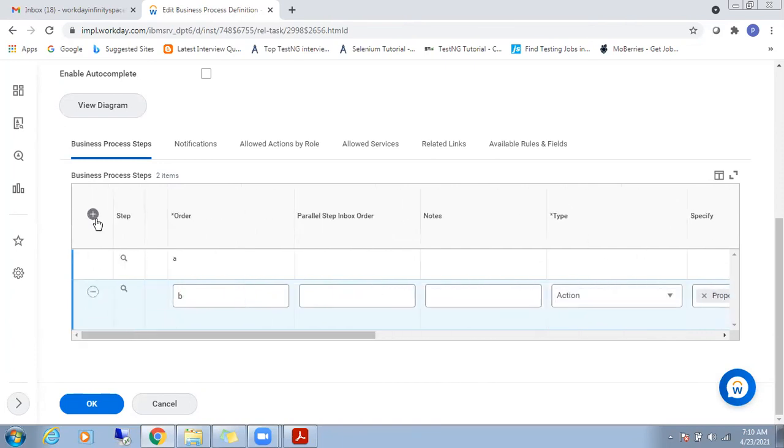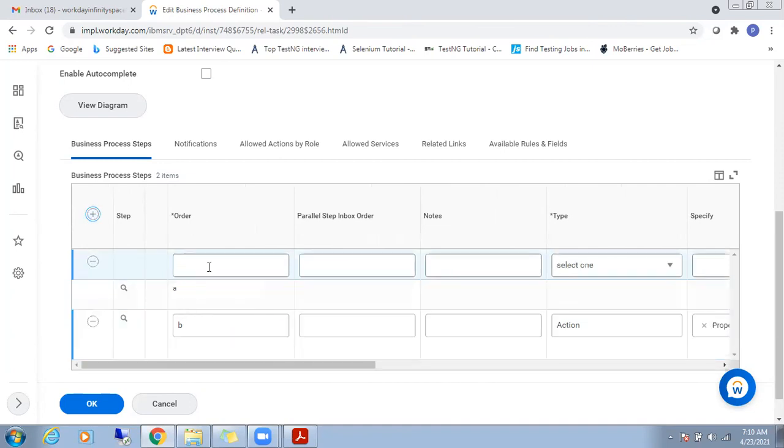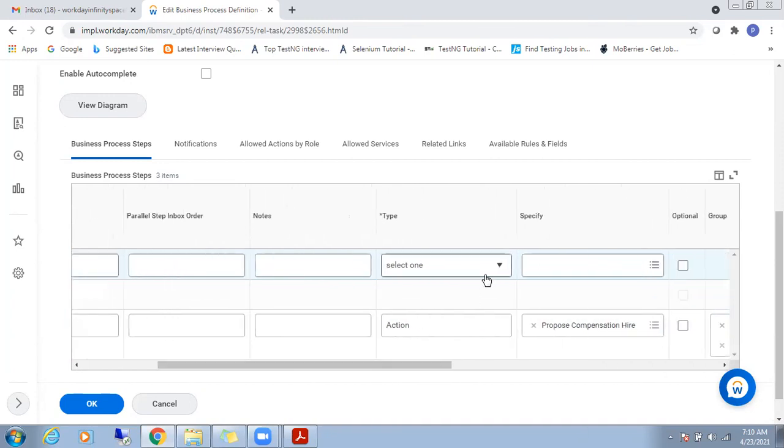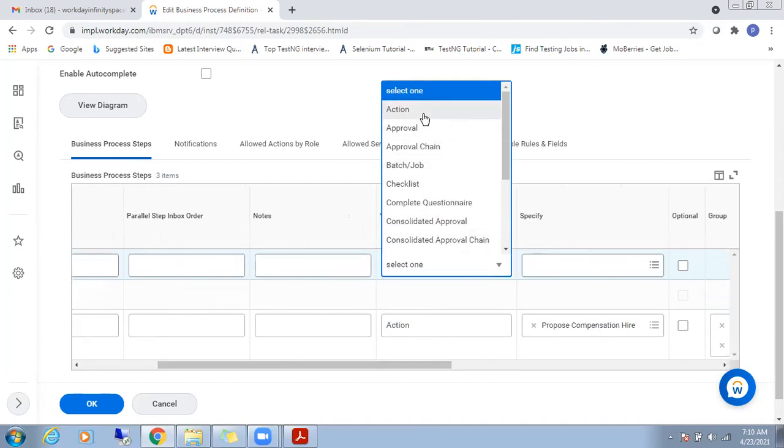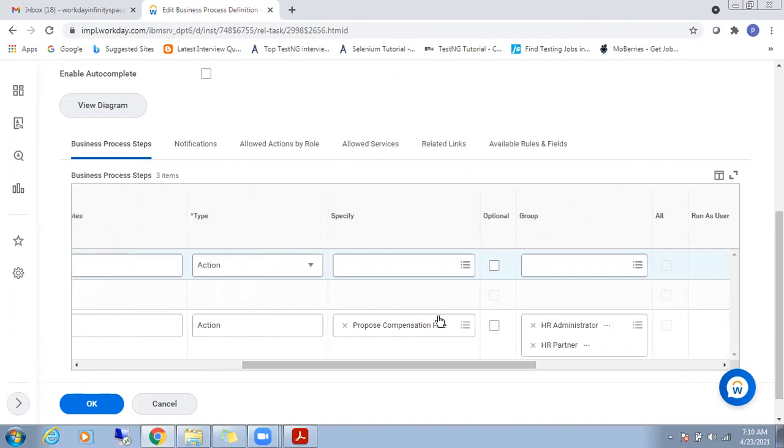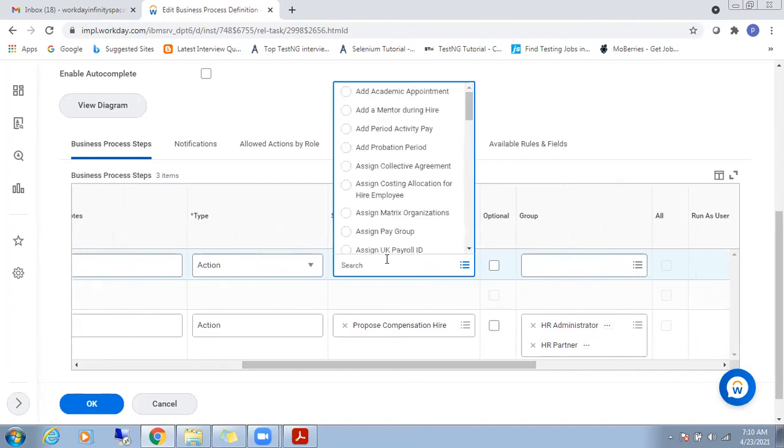So let me add one more step. Here also I'm going to do the same action. Action means where they need to perform some action.